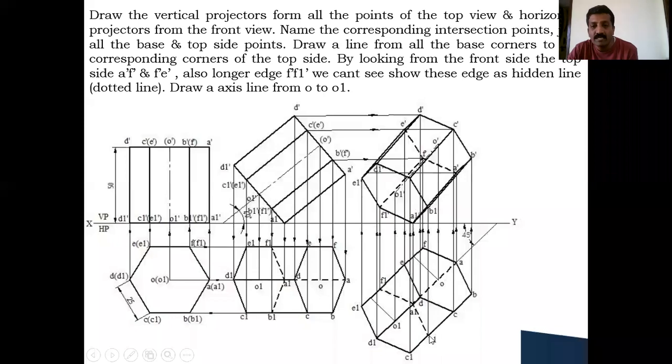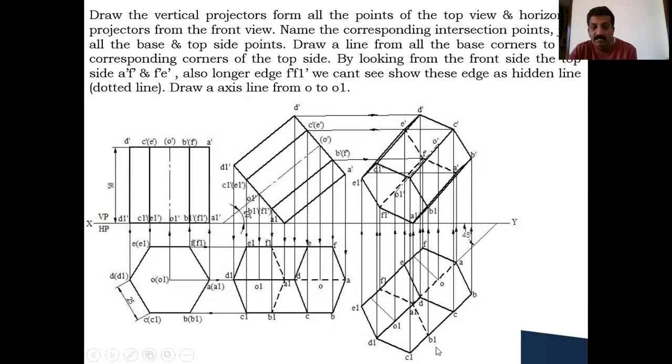And coming to the top face, you are looking from here, correct? Front view. C to B and C to D you can see. C to B and C to D become the outermost boundary line, and D to E also you can see, it becomes the outermost boundary line. And what about the other edges? E to F you cannot see, which is behind, you are looking from here. E to F you cannot see, F to A also you cannot see, and A to B also you cannot see. So these edges are hidden edges.